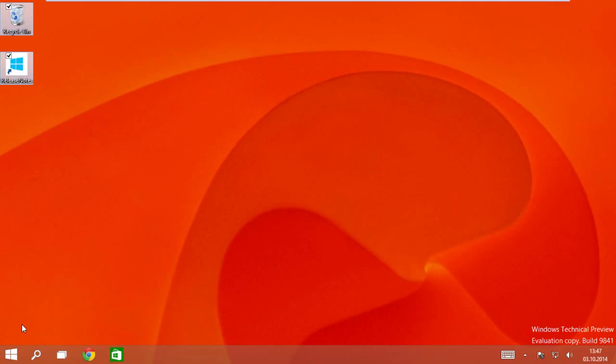But yeah, even Microsoft tells you not to install this on your primary machine, and they're perfectly right. They even tell you this is not a finished operating system. It's in its very early state. Install it either on a secondary PC that you use for testing. Or what you should do, what I did here,